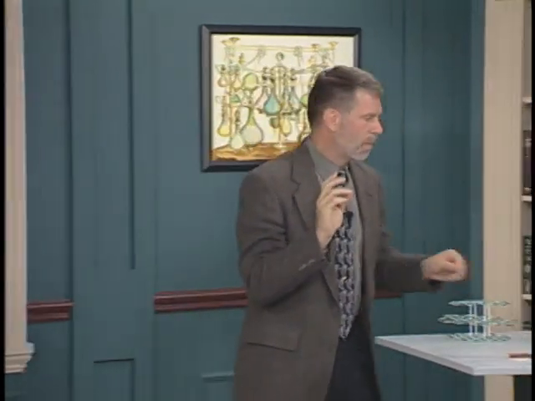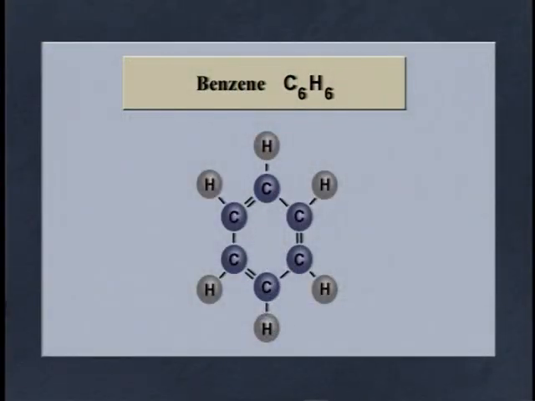A compound of special interest is the ring molecule C6H6, which has 3 carbon-carbon double bonds. That's called benzene. That's another one of these special names. Now, here's a picture of benzene. It used to be used commonly as an industrial solvent and a cleaning agent, but now it's known to be somewhat carcinogenic, and so it's